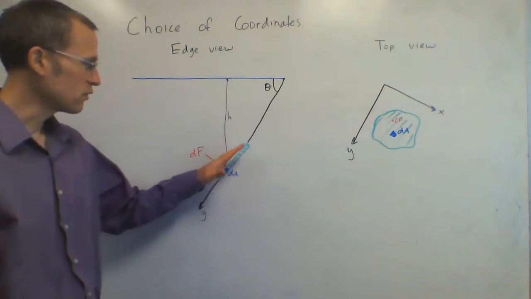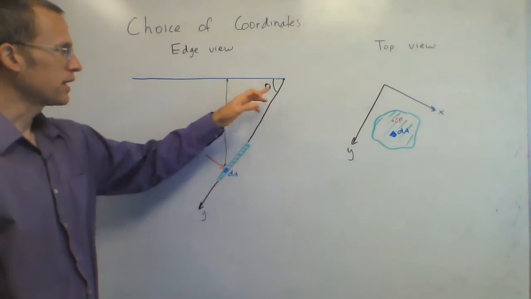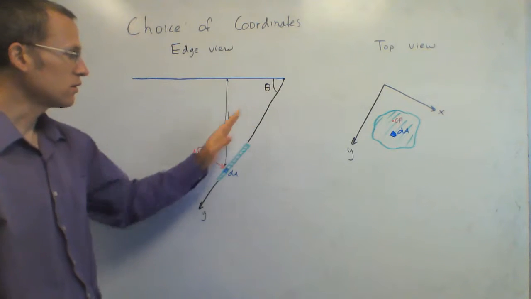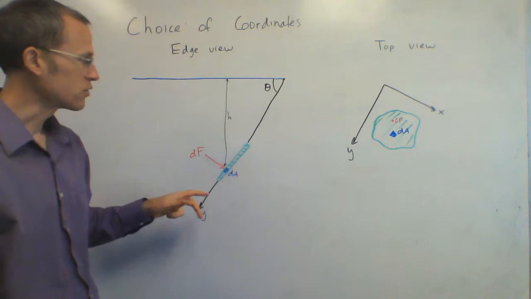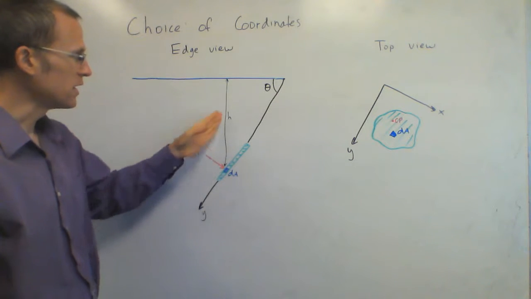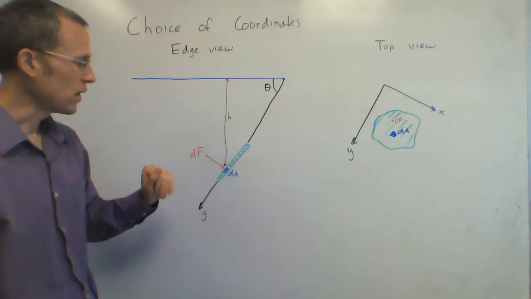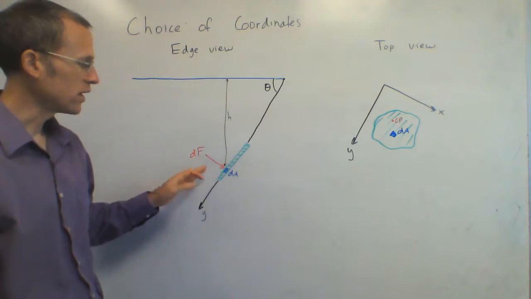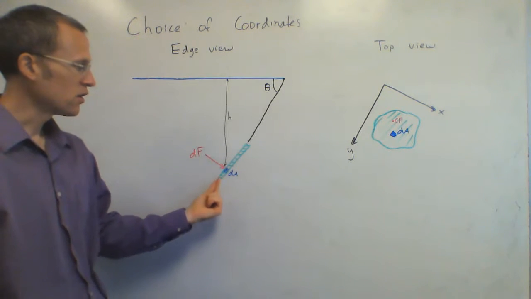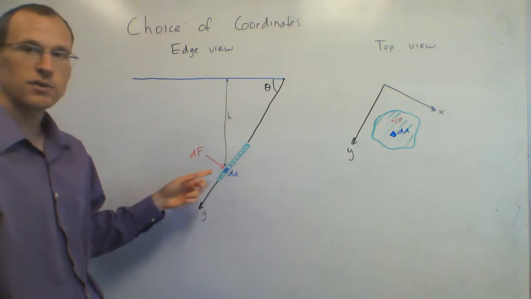So again, whatever angle this plate's at, the same angle, theta, is what defines my coordinate y. So y goes down at that angle through the fluid, and then that's going to be related to this value h, which is basically the depth of any point that I care about. And so the way I'm going to find my force, I'm going to integrate over this entire area. So I have some little portion dA,